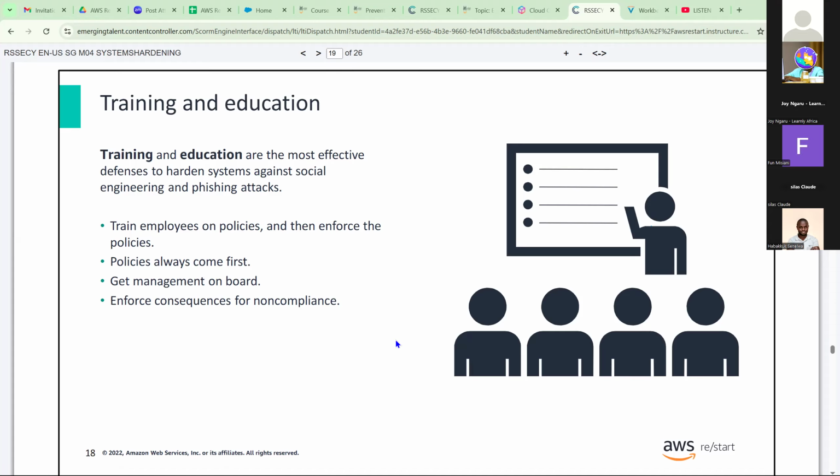Get management on board. It's very important for management to be on board with this kind of paradigm. And then also enforce consequences for non-compliance. For instance, if you've told them that sites A, B, C, D are not supposed to be accessed through the corporate network, then anybody that breaches that needs to know that there are consequences for such